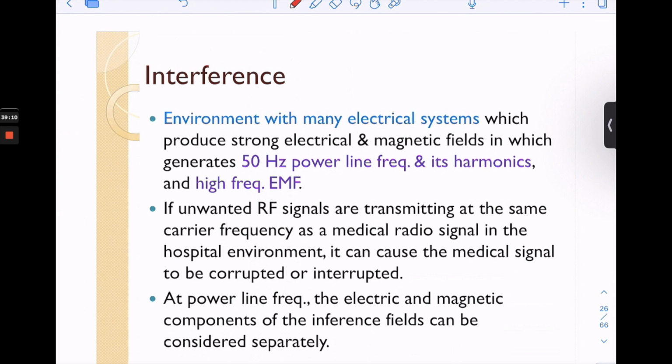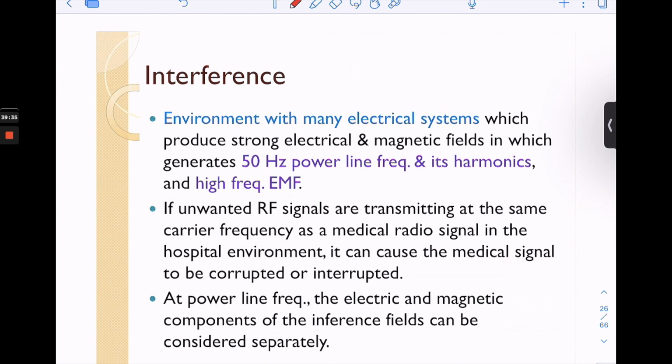So that's why when we design electrical medical devices, we have to take into account the EMF. The device must be able to protect from the EMF of surrounding